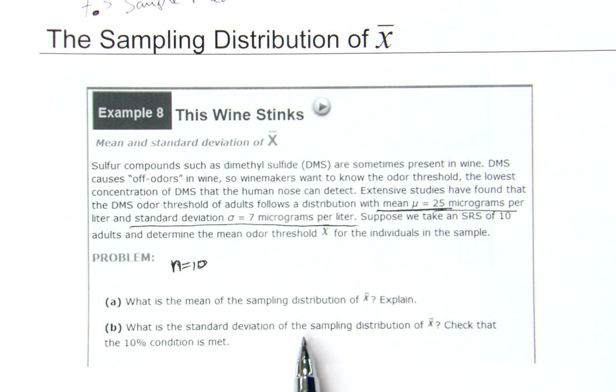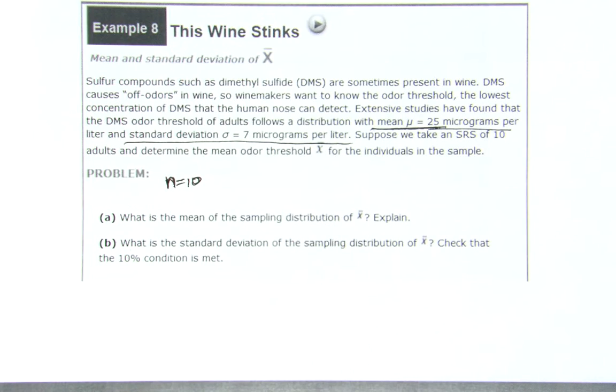So what is the mean of the sampling distribution of X bar? And then explain how we got that. And then what's the standard deviation of the sampling distribution of X bar? And then check that the 10% condition is met. So the first one, part A,